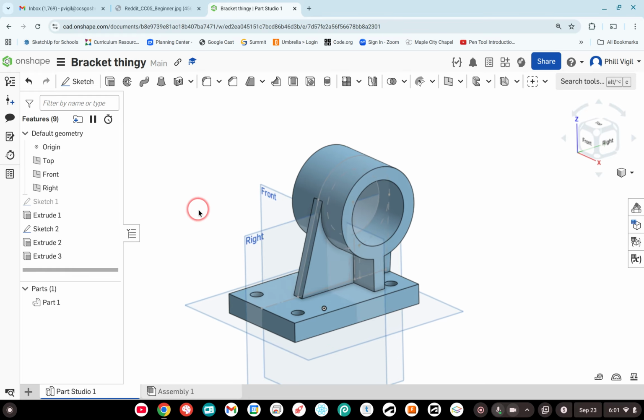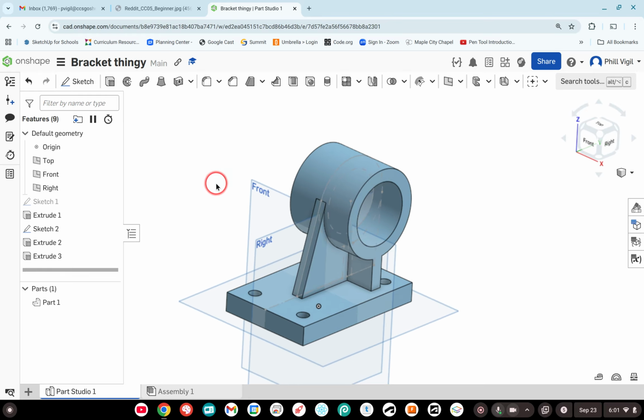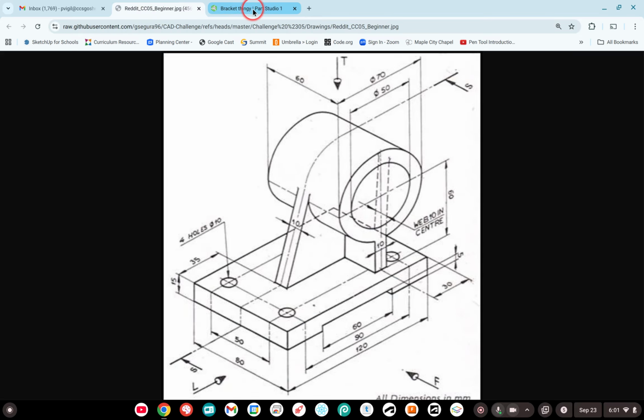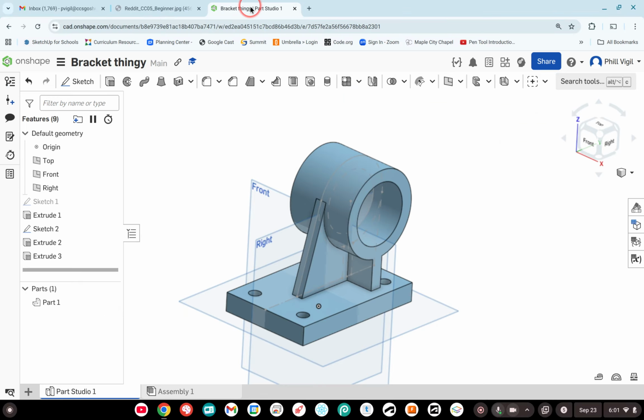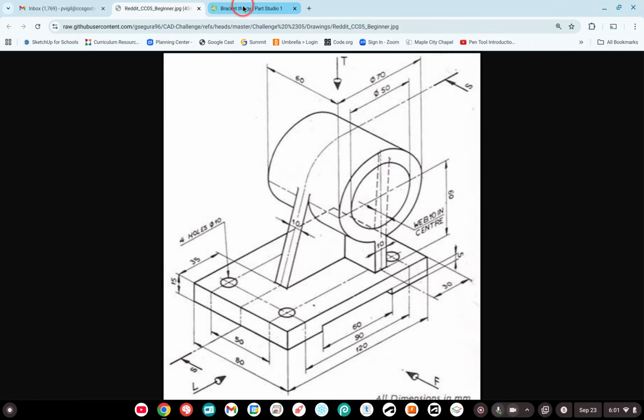Something like that. They look very similar. Now there's an additional little cutout here. So to finish this off, we're going to go back to our original sketch and sketch two lines that will